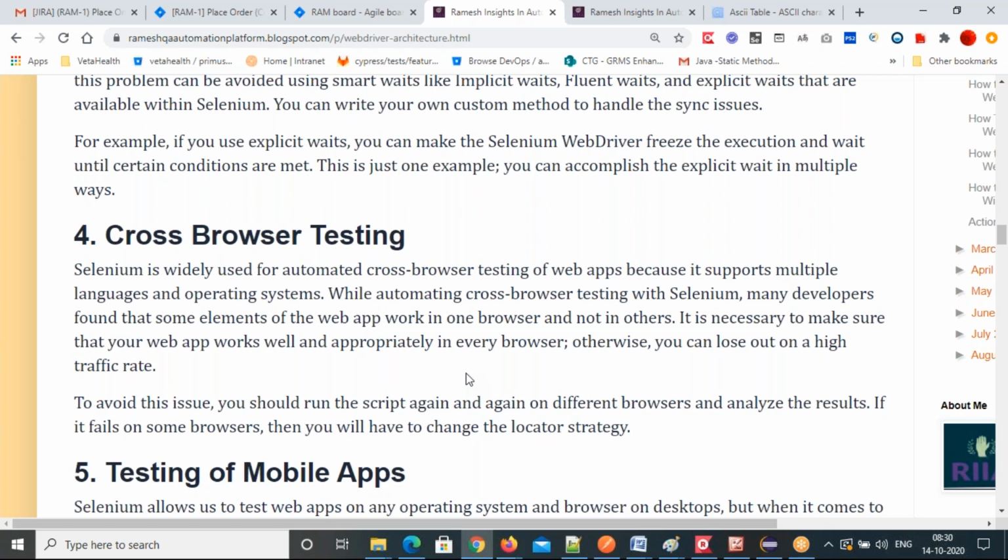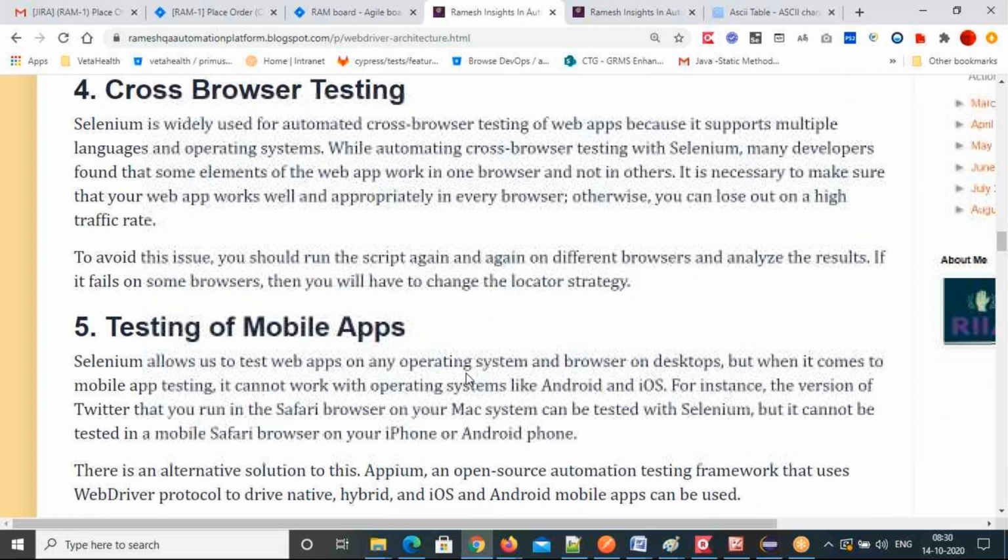So that's all you have to explain. This is another major interview question. What are all the challenges you faced in Selenium automation? That's a common question nowadays. So you explain one by one point.